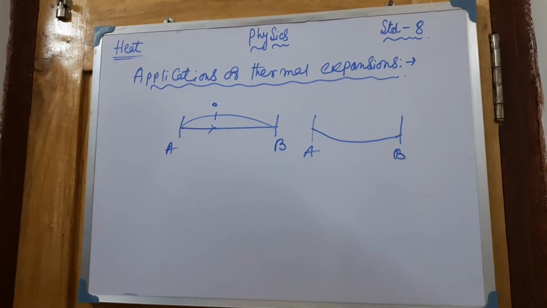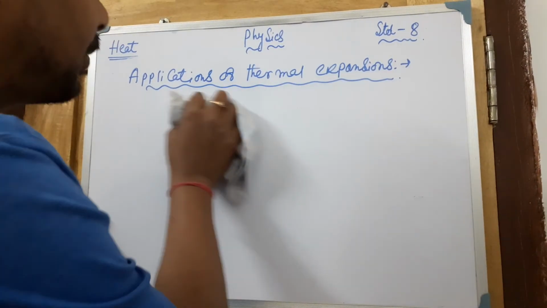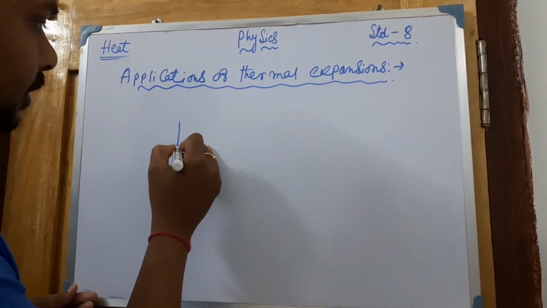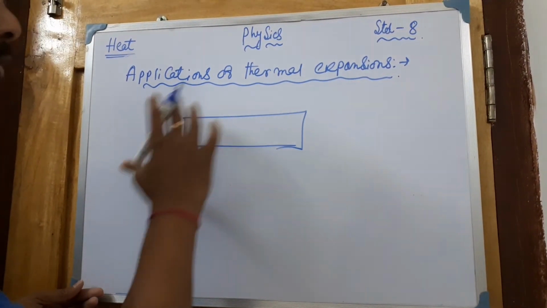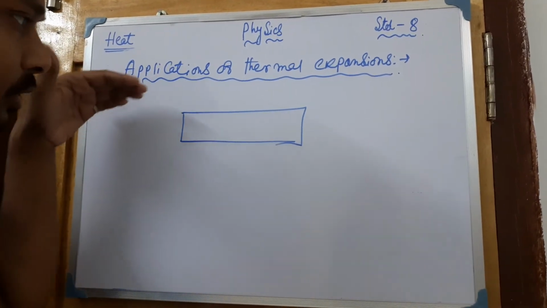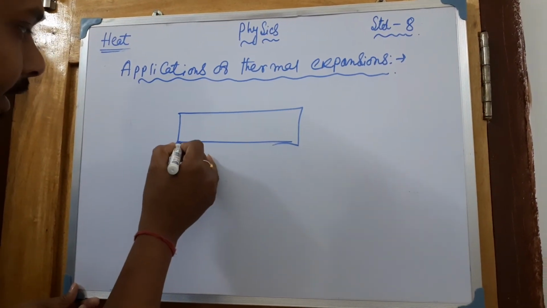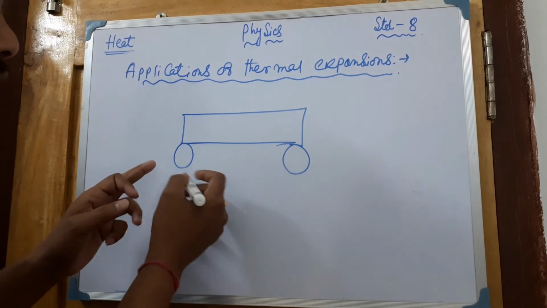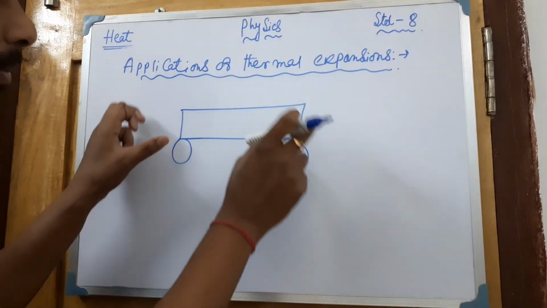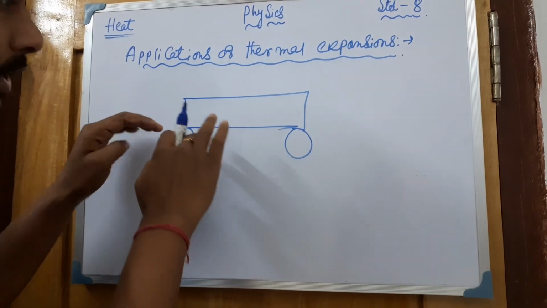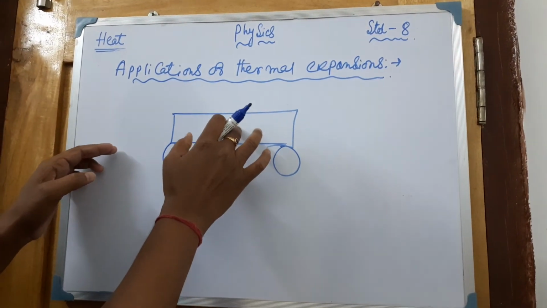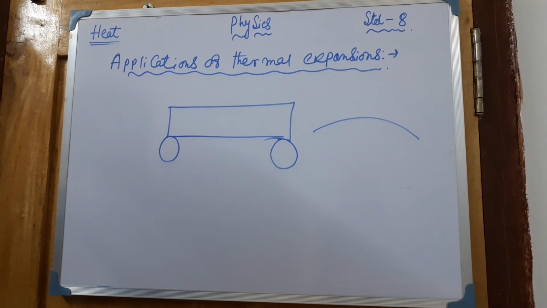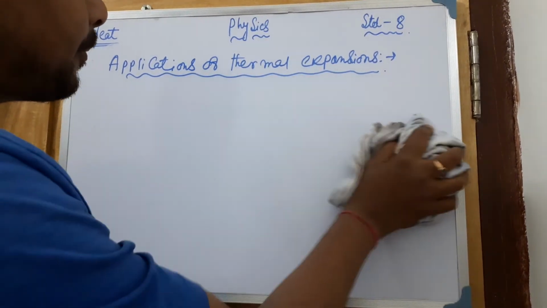One more example I am also telling, the rest of the examples you will read from the book. If you have any question, you can tell me, okay. Bridges are always, suppose you talk about any type of bridge through which vehicles are continuously passing, they are mounted on rollers. Sometimes rollers are actually placed in between. So if there is a bending, the roller will not allow the bridge to take this type of shape, no bending will be there, okay. So these all are the applications of thermal expansion, okay.